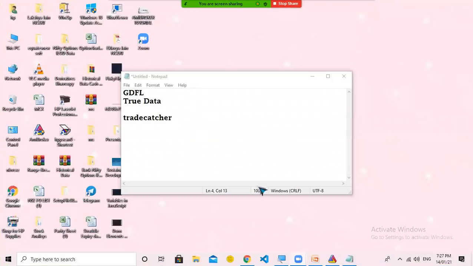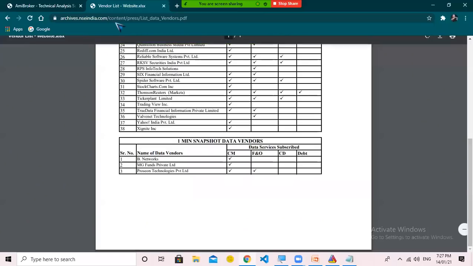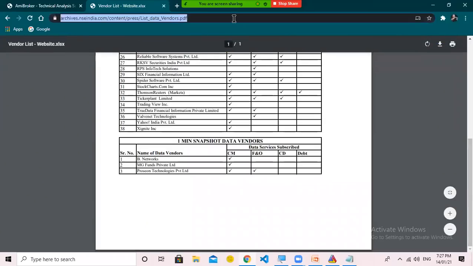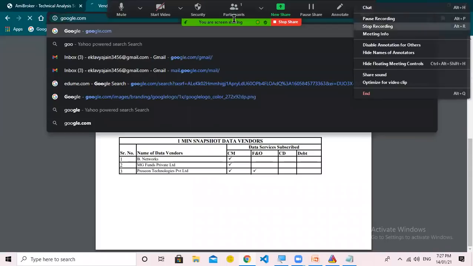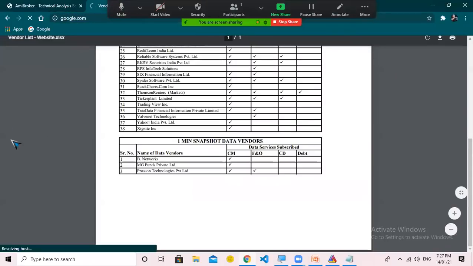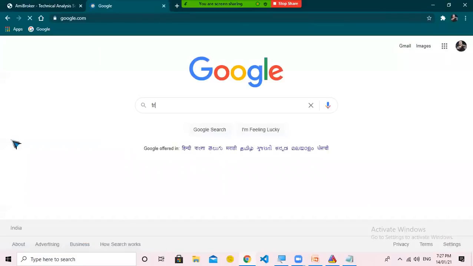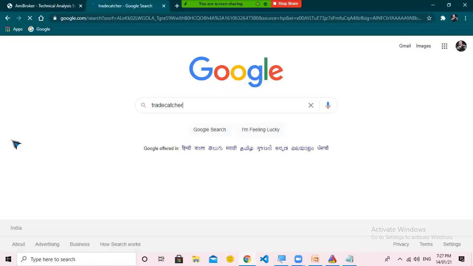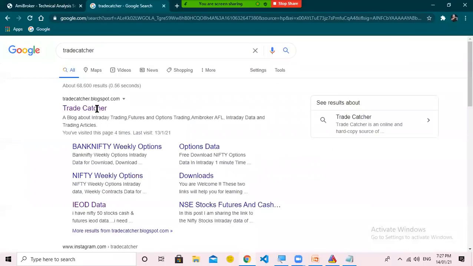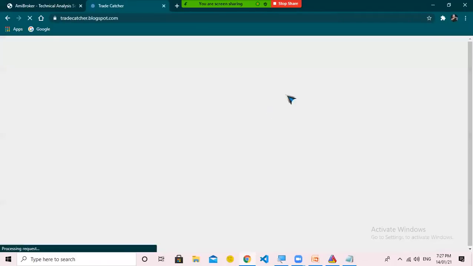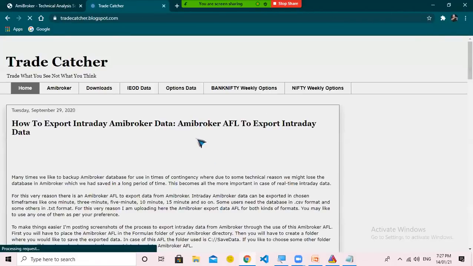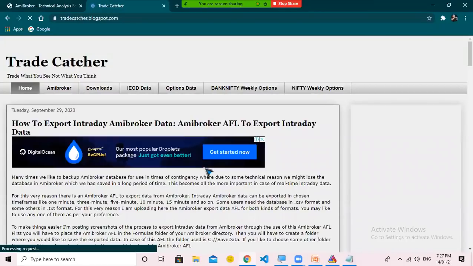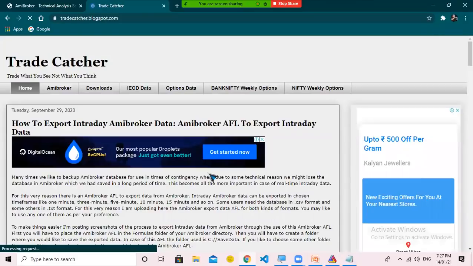So let's go to the TradeCatcher website. From this website, you can download index futures data, index options data, as well as stock futures and cash data.